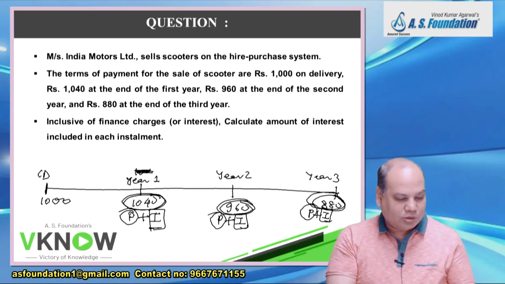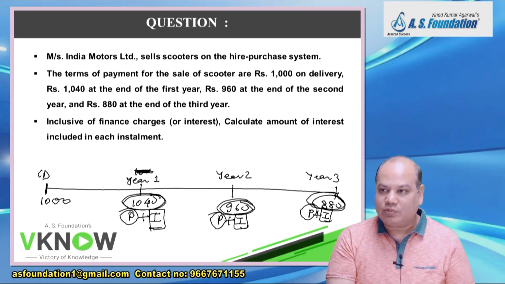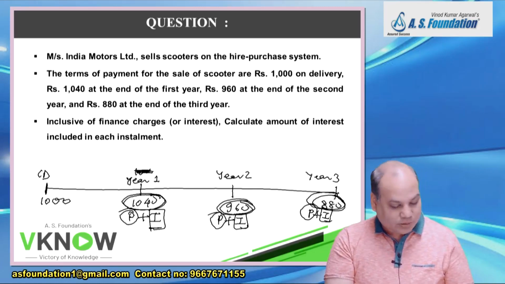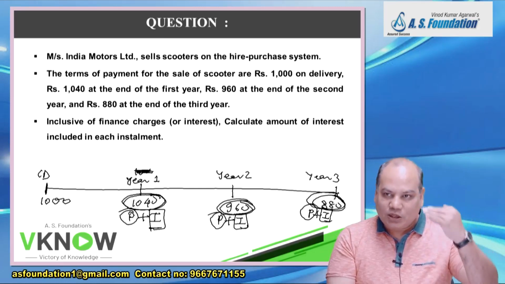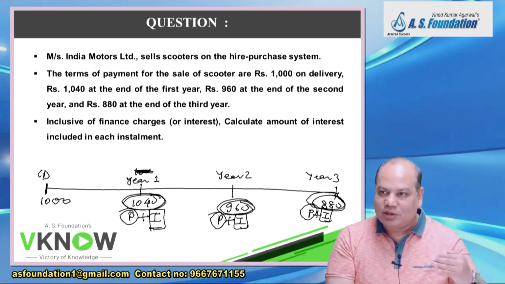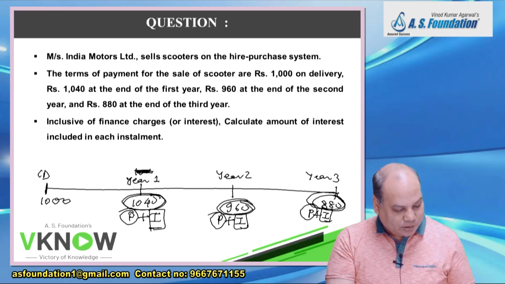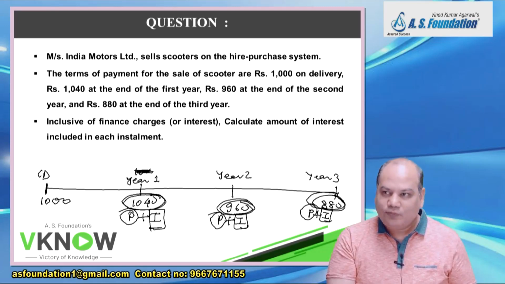You go to your book, I will show you interest is reducing or not. Come to example number 1 on the third page of this chapter. I just want to show you, as you keep paying the installment, the interest is reducing. In example number 1, page number 3 of this chapter, column number 3, 800, 600, 400, 200. Can you see that example? 8, 6, 4, 2. What is the ratio?